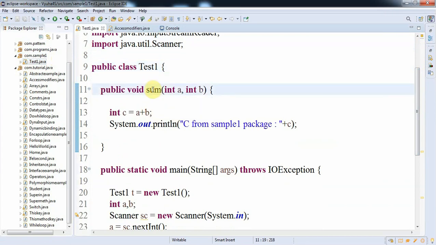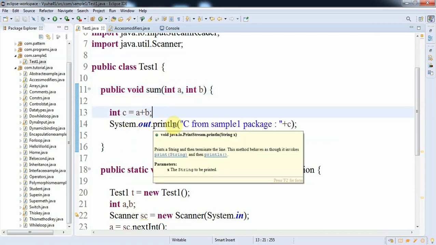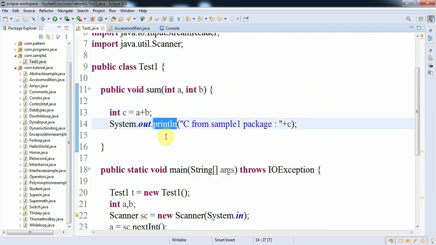This is a sum method which accepts integer a and integer b, two parameters, or we can also call them arguments. Inside that I have added addition functionality, and I have used system.out.println to print the value of c after the addition operation.